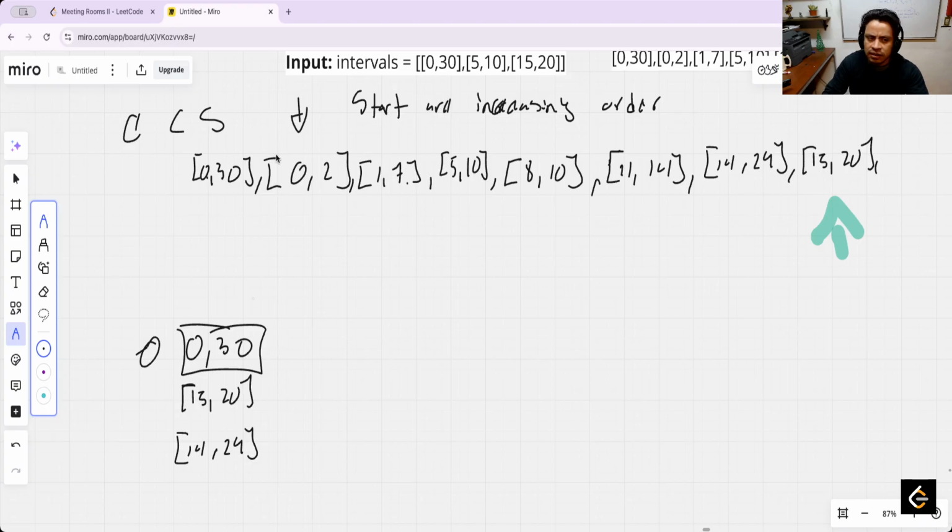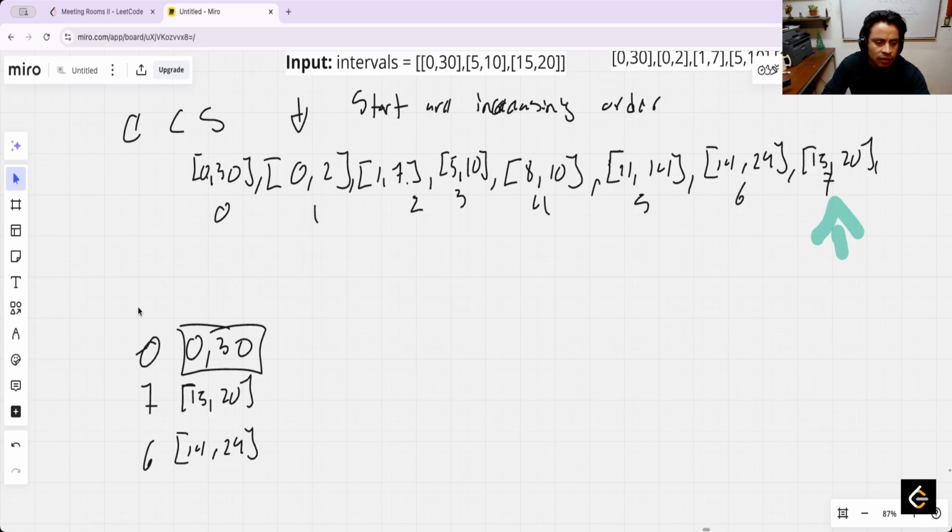What is this? This is 0, 1, 2, 3, 4, 5, 6, 7 is the 7, and the next that is 14 and 29. 14 is the 6, and I only have the reference. I think that I can use the heap, the min heap. I think that the min heap,